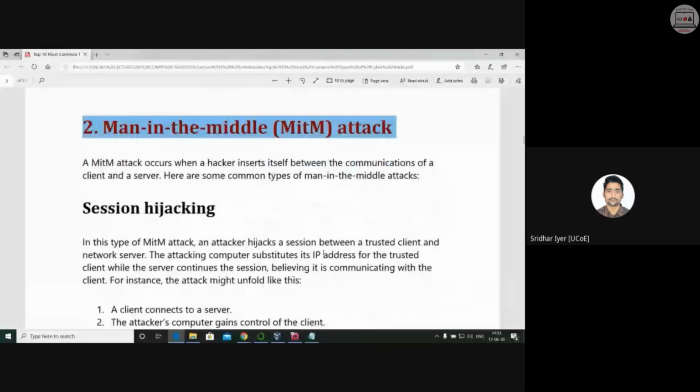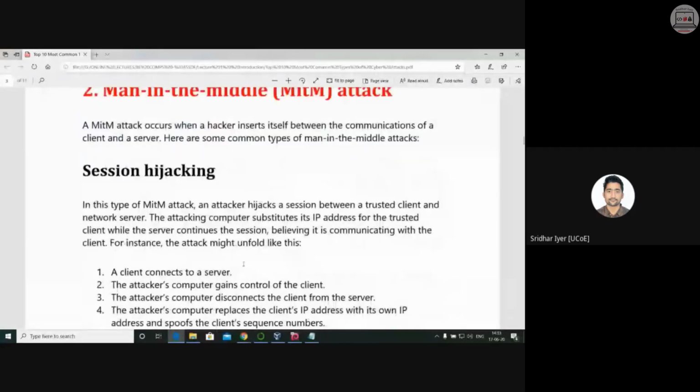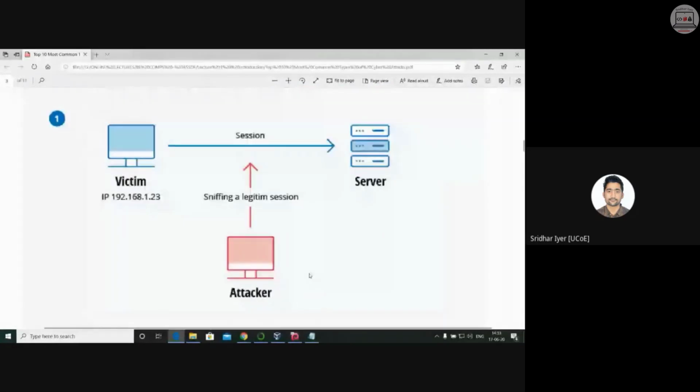So session hijacking basically is all about, have a look at this diagram. Suppose I want to carry out an attack. I have to come in between the actual communication between the victim and the server. So how do you get to know the IP addresses of all the machines in a computer system? Let me know your answers. Keep it as interactive as possible. I want to get the IP addresses of all the machines connected on my network. Obviously, I have to be in the same network. ipconfig, correct? It will give my IP address, but I want to know the IP addresses of all the machines present in my network. How to do so?